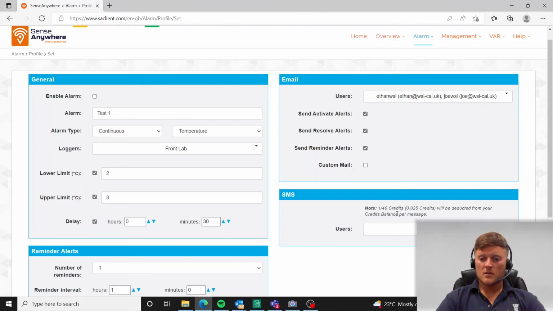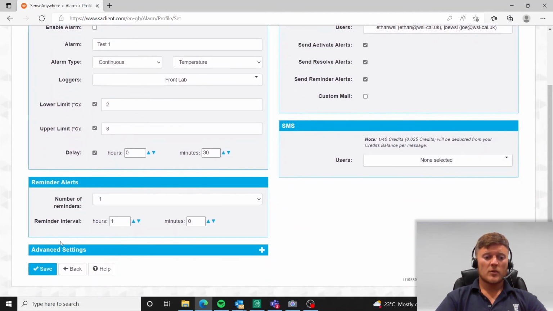And this is always worth noting that 0.025 credits worth will be deducted from your credit balance per message. So if you have the SMS feature, then that will be the cost. So that's basically setting up the preliminary alarms. Hit save on the bottom, which I won't do because this is just a test, and that will be saved